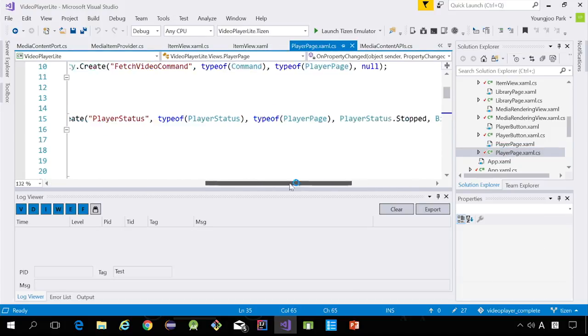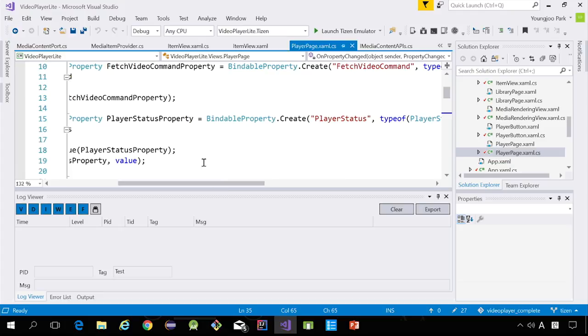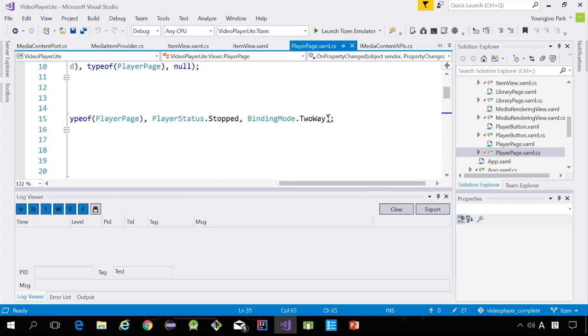The reason it's two-way is that player status is controlled only by the play and pause button. That's why it is two-way. If it were one way, then it would not affect the other direction. So if you change it one way, if you change it, then